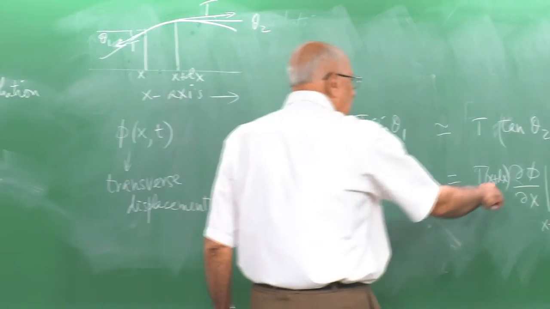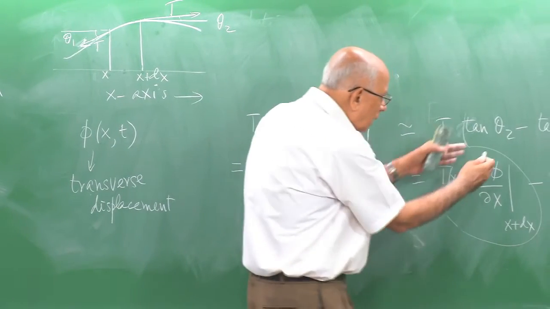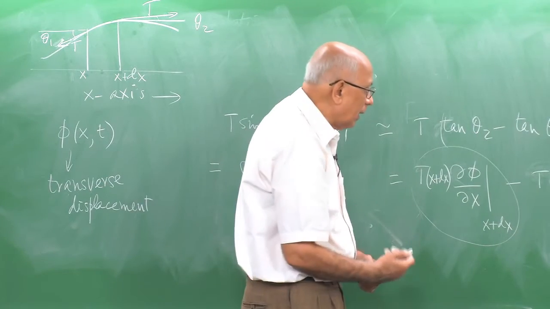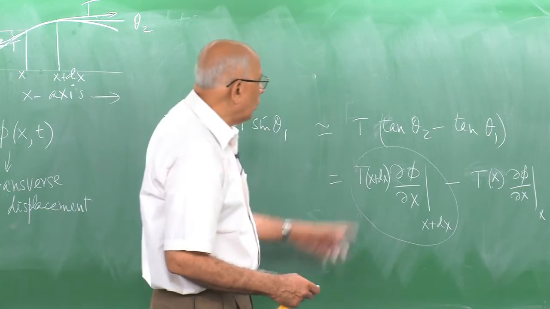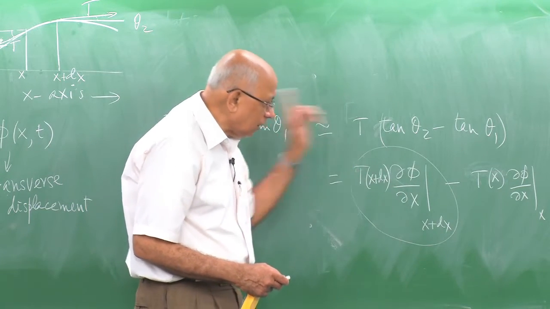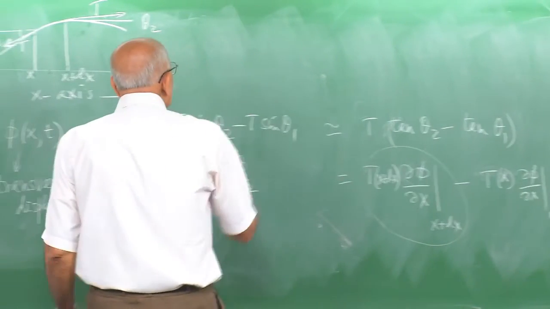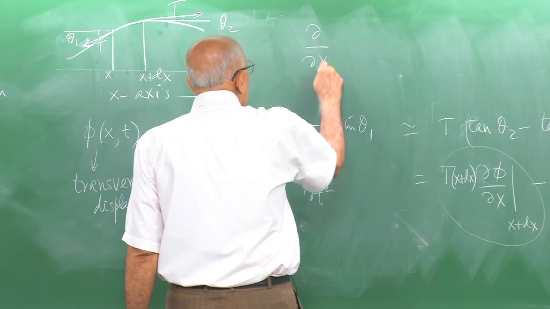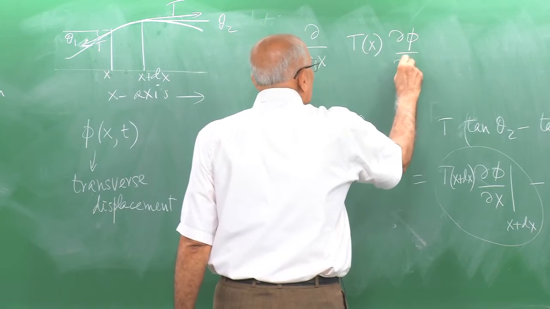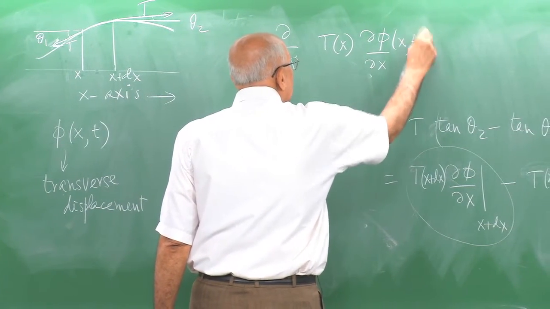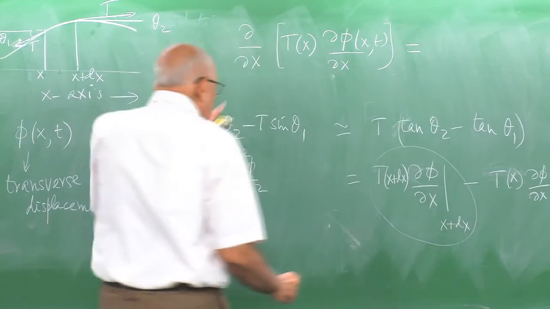If I do a Taylor expansion of this function, T delta phi over delta x, evaluated at x plus dx, and subtract from it the same function at the point x, the leading term cancels, and what remains is the derivative with respect to x of T, which is possibly a function of x, times delta phi over delta x, and that is a function of x and t on this side. This quantity here should be equal to, multiplied by dx